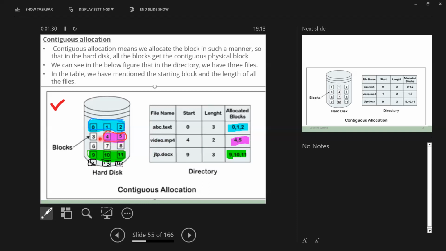Can you understand the failure of this external fragmentation? Contiguous file allocation. Okay, so then another thing, if I want to increase the file size,